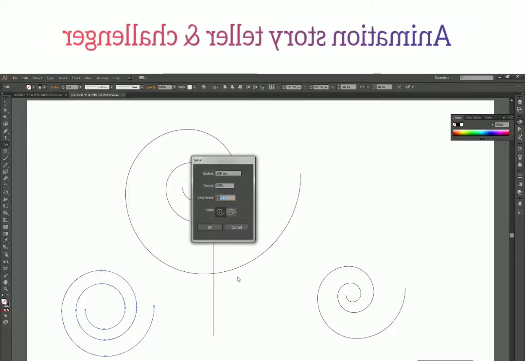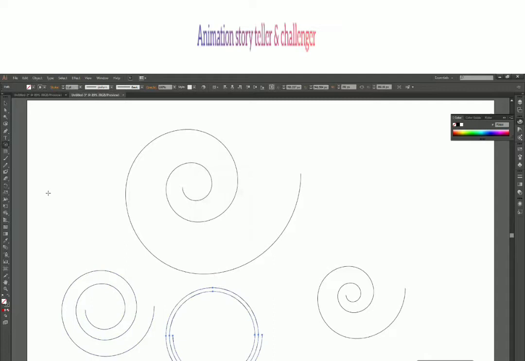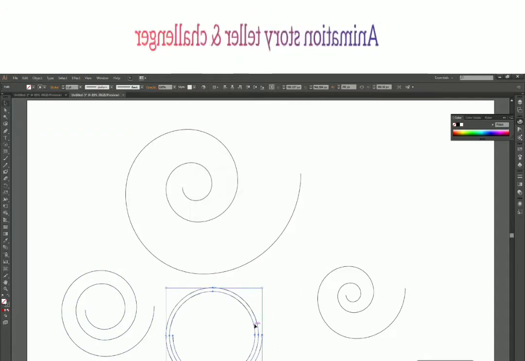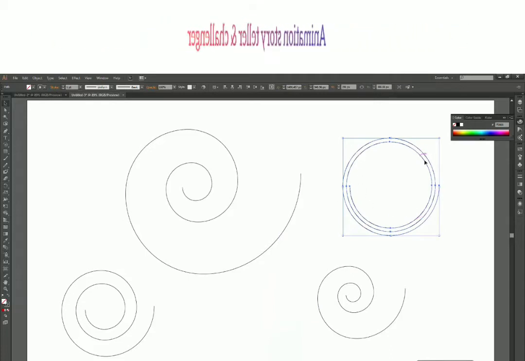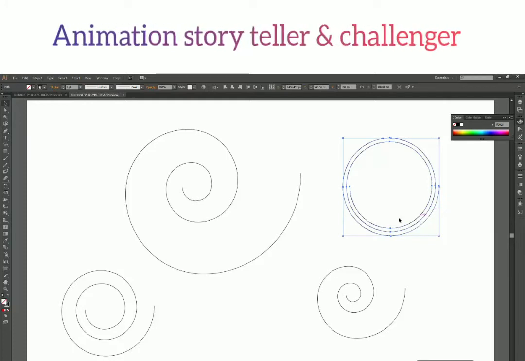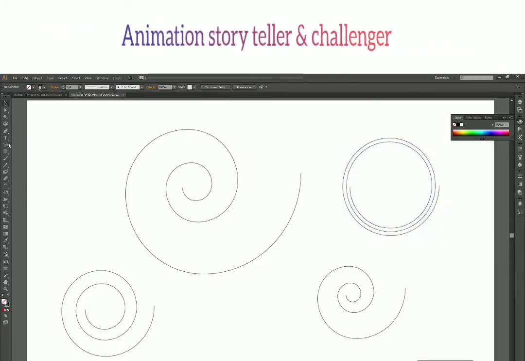If you increase it further from 90 to 98, there you have your spiral. So it increased the decay, and all the segments have come closer, and there is a lot of space in between. So that's how it modifies the spiral.